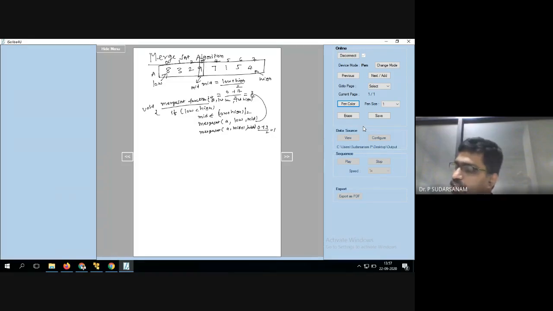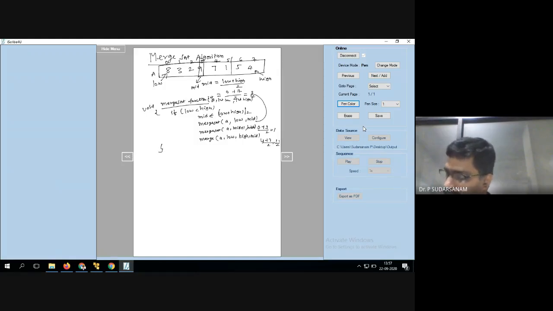So now in this one also you will be making the partitions: 4 plus 7 divided by 2. So that means 4 plus 7 is 11, and 11 by 2 is nothing but 5. So here also you will be making the partitions. Once you make these smaller pieces, you will be getting each element one by one. When you get that, you have to merge the function. So that is called the merge. You have to write it as a, comma, low, comma, high, comma, mid. That's what you have to take.